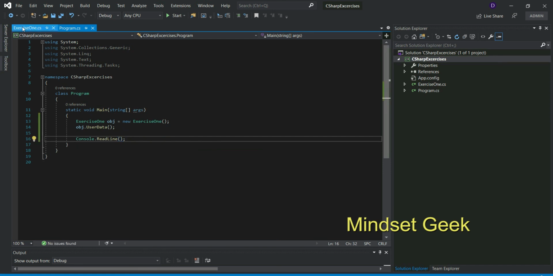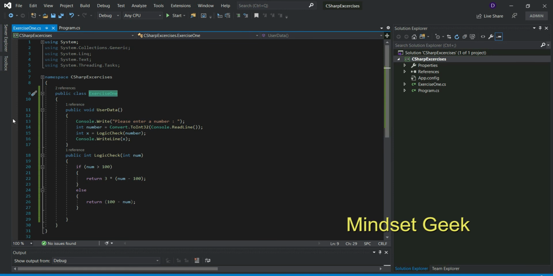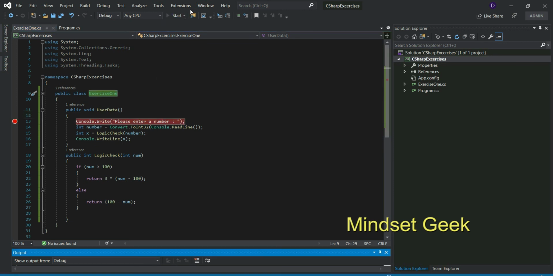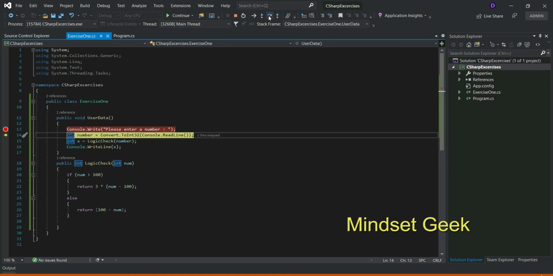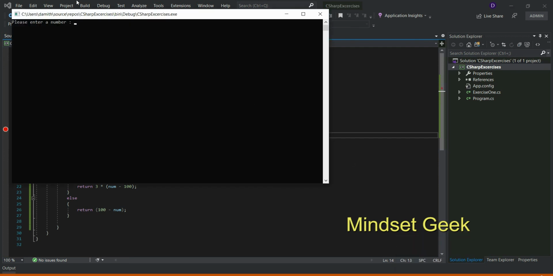Okay, put a debug point, that is good, and start your program. Now your debug point is hit. We ask users to enter some value. Click here or use F10, right? Then this will open and enter value 34. What will be the result? 100 minus 34.